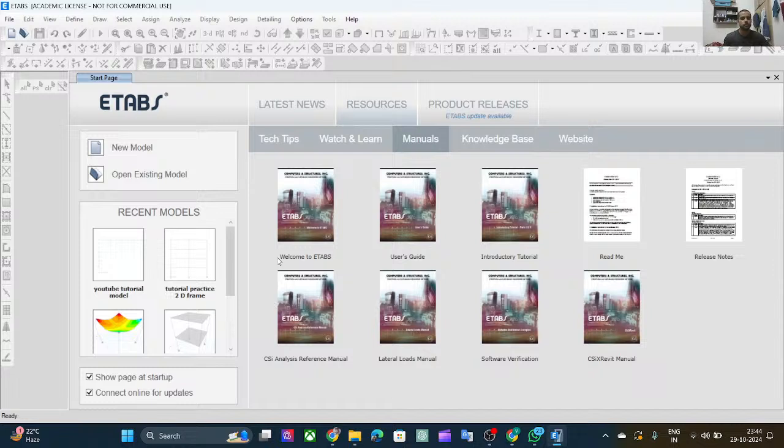So hello everyone, I am Varun Kumar, and in this video I will design a G+1 building in ETABS. So it is the interface of ETABS, and I have already made some models. So now click new models,